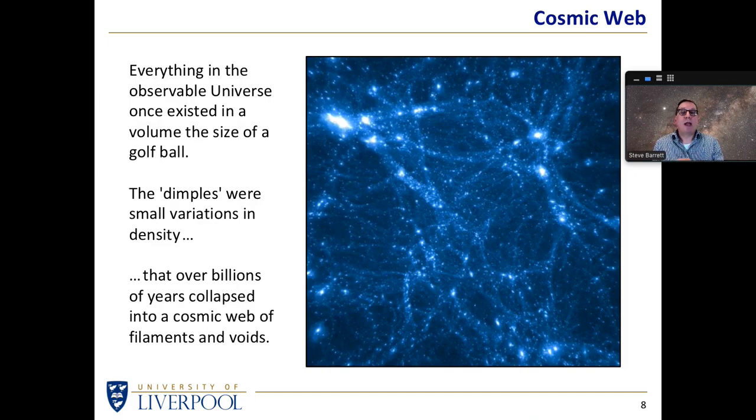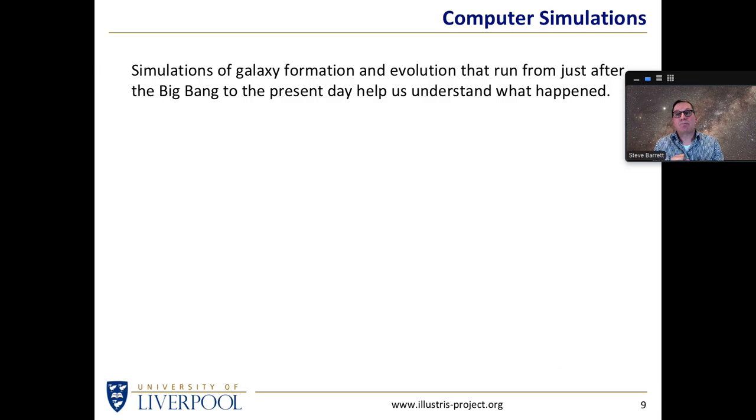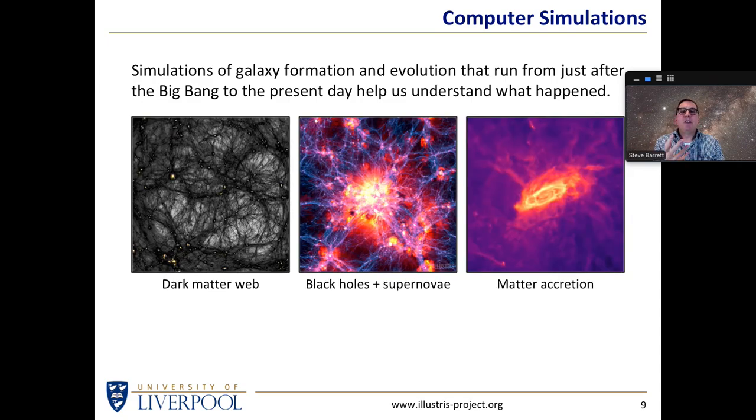And when we look out into the universe, we do indeed see that galaxies seem to be spread throughout the universe, not uniformly, but in this sort of web-like structure. Now, these simulations aren't quite as simple as I would indicate. It's not just a question of take a lot of hydrogen, put in the rules of gravity, and then let it do its stuff. If you want the details to be right, you have to take into account a lot of other factors.